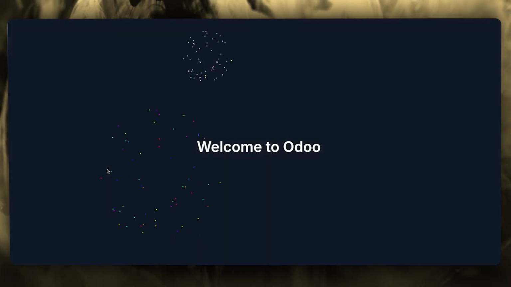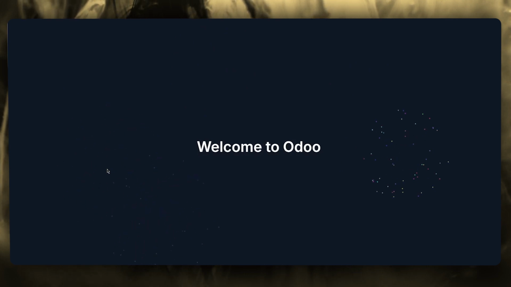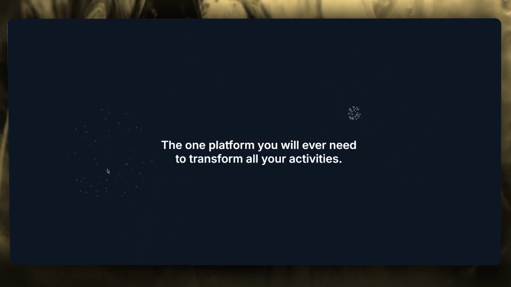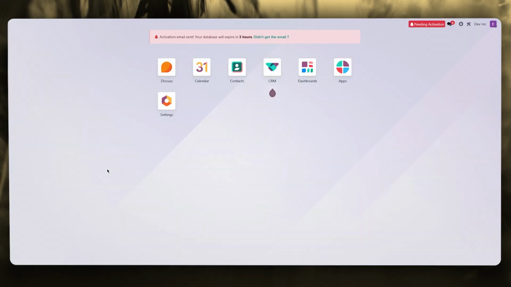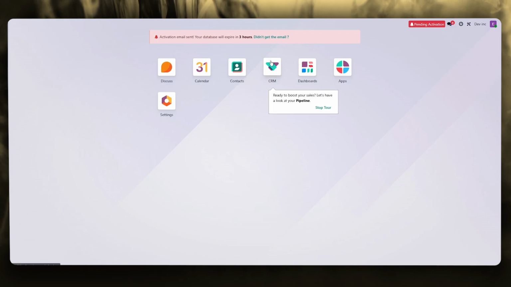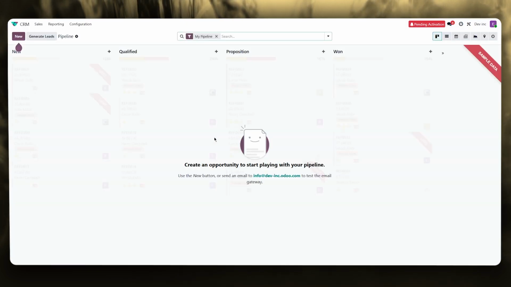Now, once that happens, it says welcome to Odoo. It's pretty cute that they give you a whole introduction like this, and from here, it's going to take us straight into this section, where it asks what you want to go with. Obviously, we're going to go with CRM because that is what we want, and this is where we can choose the apps we want to install. As you can see, I clicked on CRM, and once we did that, the system will automatically set up your